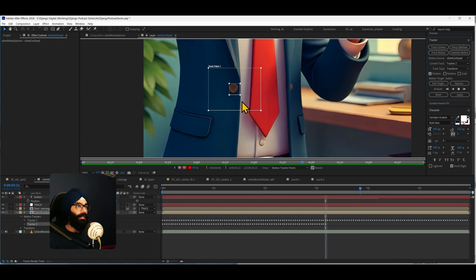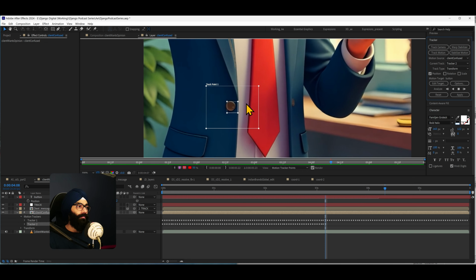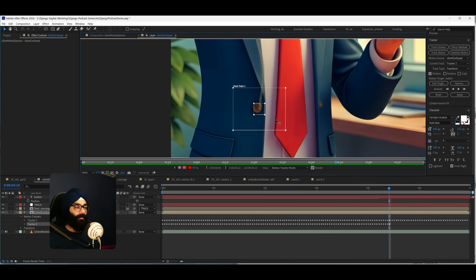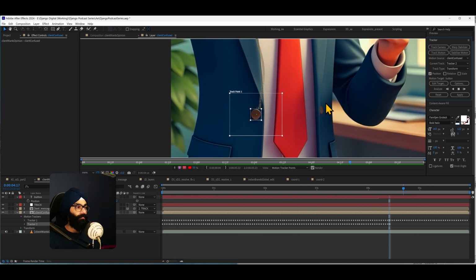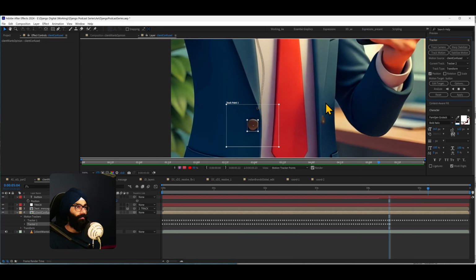So this inside square is kind of sticking where I want it to. I'll just move it a little bit to this side, then drag it forward. Okay.